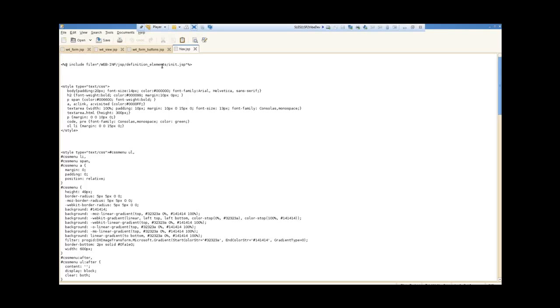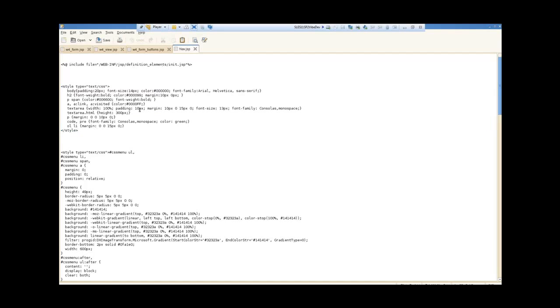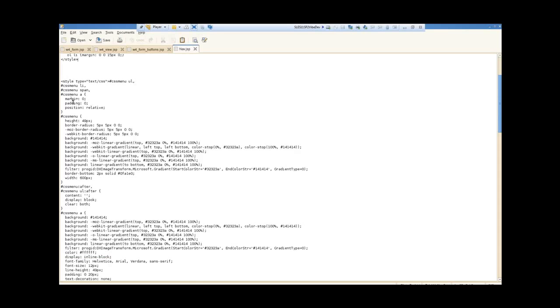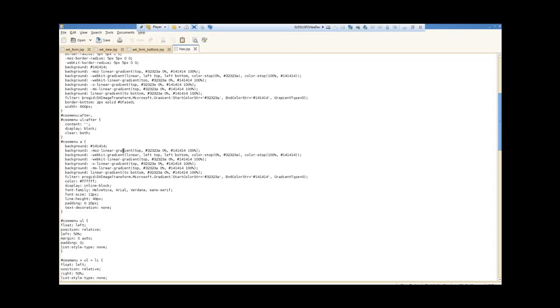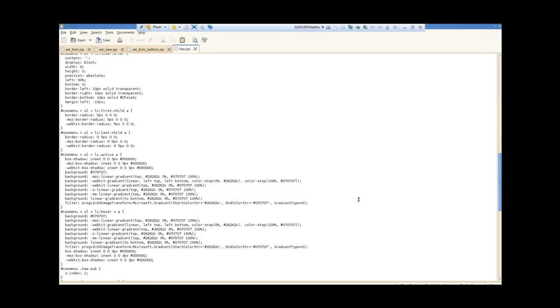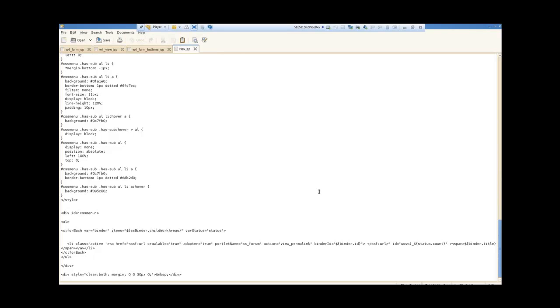So at the top, as always, we do our init.jsp. The next thing that happens in this case is we're doing our custom style, our first custom style. The next one here is we're furthering that style. So we have another style statement here. This is, again, just all CSS. So we have our CSS menus, et cetera, et cetera, et cetera. I'm scrolling through this because telling you how to code CSS isn't really the point of this. So now we get down here at the bottom. Now, down here at the bottom, we actually get into some JSP coding. So here we can see a little bit of the